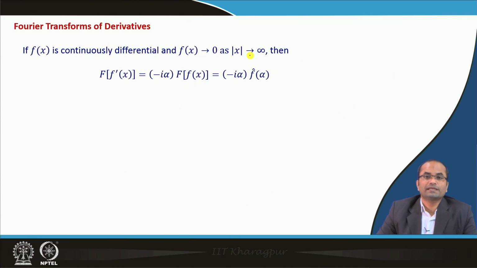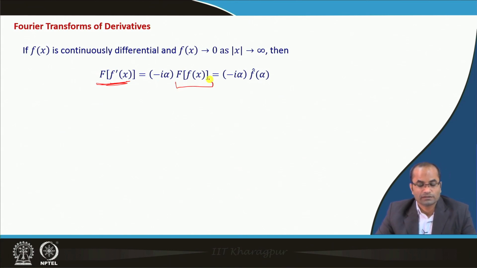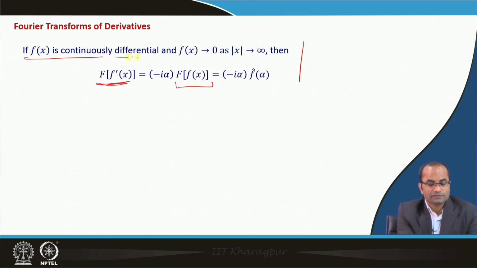The Fourier transform of derivatives is going to be very useful for solving differential equations, as discussed before. When we take the Fourier transform of the derivative, the interesting property of these transforms is that we get a result which is free from the derivative, and this is the property which is useful for solving the differential equation. So, this derivative theorem says that if f(x) is continuously differentiable,